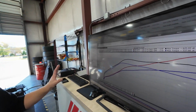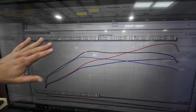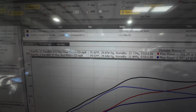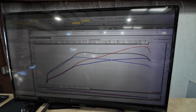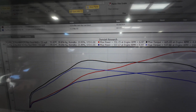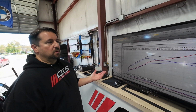Pure 800, like we discussed before, full bolt-on package. Started with the 93 octane tuning. Again, optimal dyno temps and humidity. So for making the most amount of power out of these cars, these were great ambient temps to be doing this now that it's starting to get cooler versus the hotter temps where we've been dynoing with other videos. So we're probably going to be making a little bit more power, which is exactly what we're showing on the